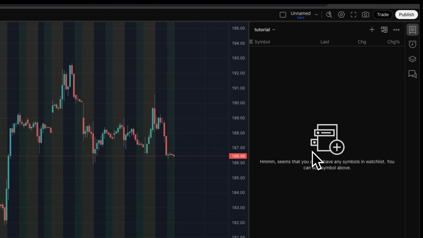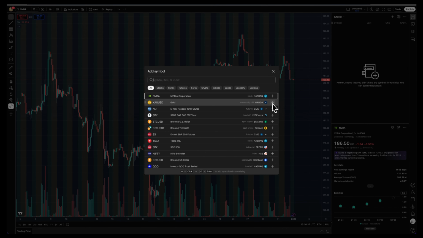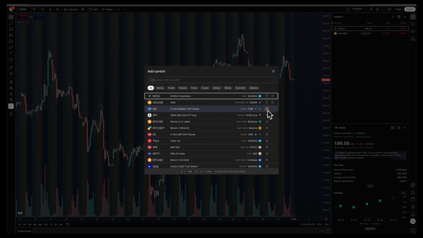So if we want to add stocks, we just have to click on this plus button and then simply choose the stocks that we want to add and click on the plus button like this. Now, you'll have a limit of how many stocks you can add if you have the free plan, but if